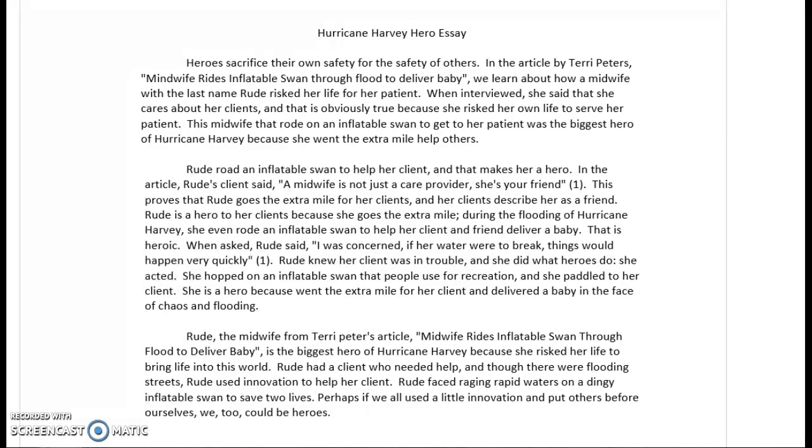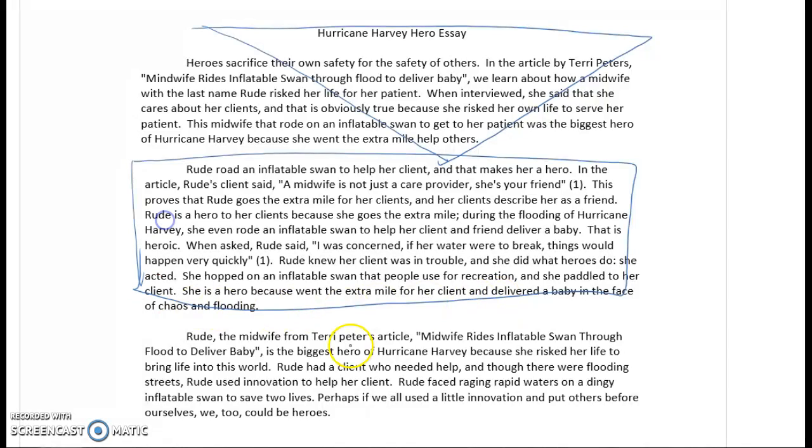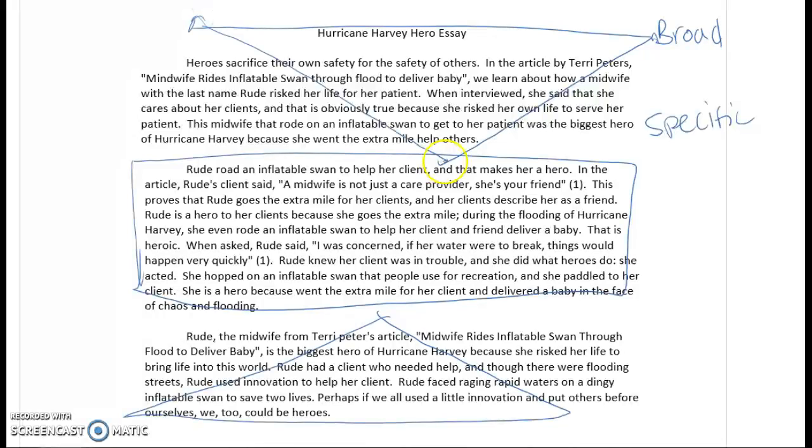I want to show you the different parts of their argument so you can do the same. First of all, she has an introduction paragraph. They have a body paragraph and a concluding paragraph. You will too. I want you to notice the shapes. The introduction paragraph goes from really broad to specific. This is why we have an upside down triangle. We go from broad, the 2 sides, to very specific, this point right here.